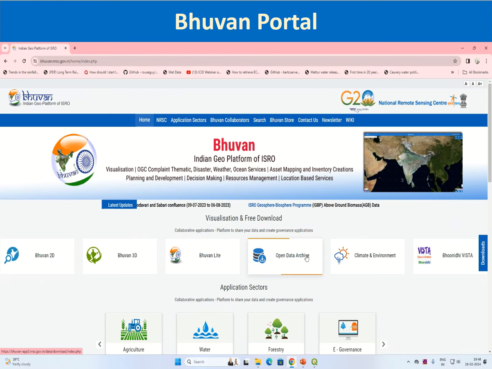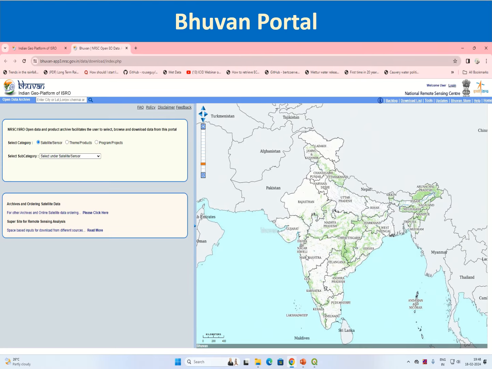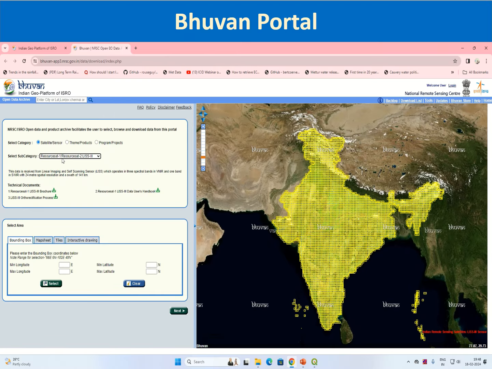We are more concerned about the open access datasets. You can check this section of Open Data Archive, where you will find the categorization by satellite and sensor, theme and products, and program and projects. Under satellite and sensor you will find the ResourceSat satellite and LISS-3 and AWiFS sensors. Similarly, SCATSat-1 Scatterometer, OceanSat-2 OCM and other data sets are available. If I select LISS-3, you will find the technical documentation, brochure and other user handbook which are